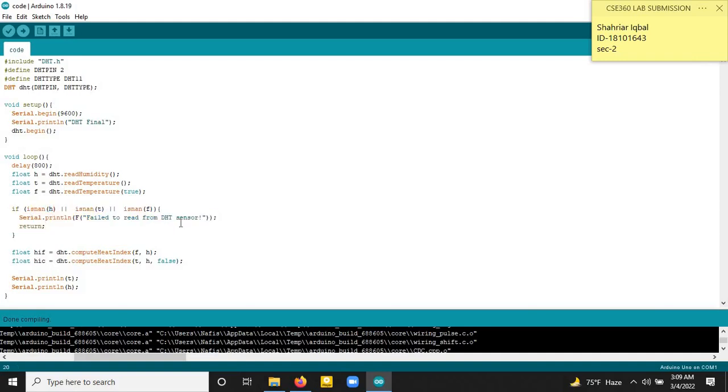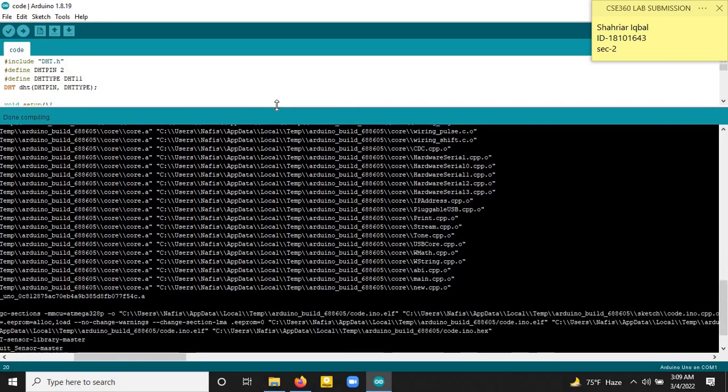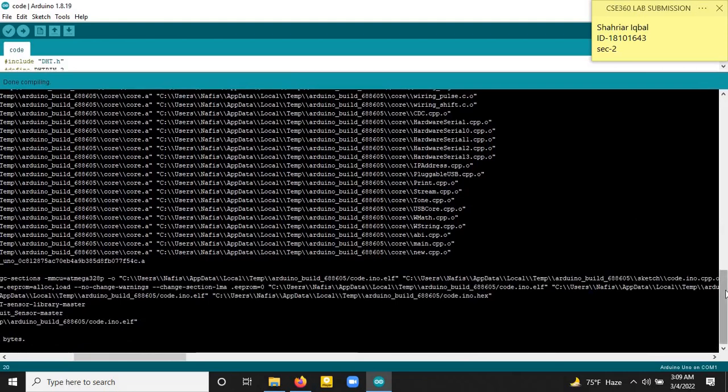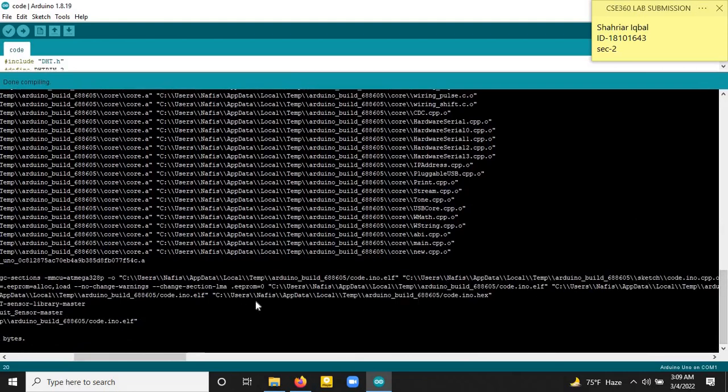from DHT sensor. Now, if we compile the code, I have already compiled this code as it was taking a bit long. After compilation, we will get a path of a hex file. And if we copy this path in the Arduino in Proteus and paste it there, then we can run this code